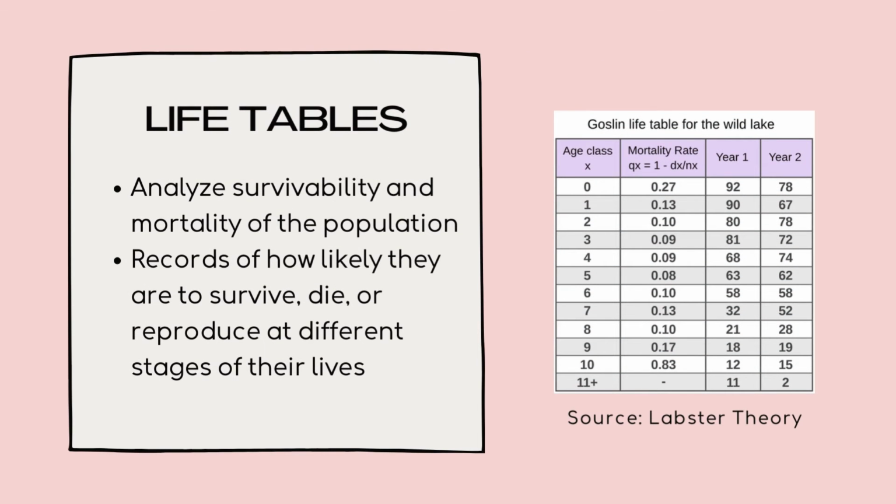Life tables analyze survivability and mortality of these individuals and are records of their life and death and how likely they are to survive, die, or reproduce at different stages of their lives. To simply put it together, it shows the probability of a population or species that they will survive in the incoming years. This is usually important, let's say, for ecologists to determine ages of wildlife species that are most vulnerable